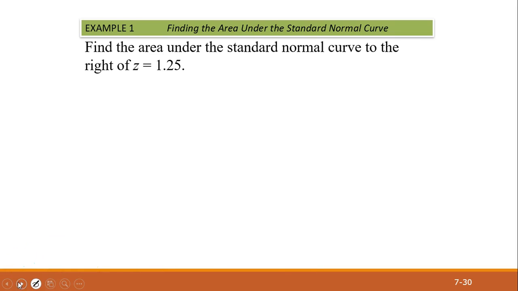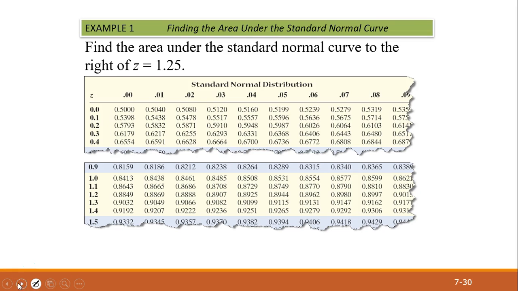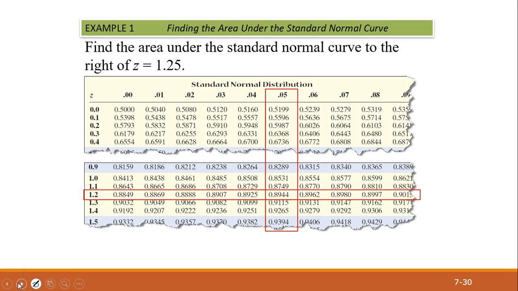Now, in this one it says, find the area under the standard normal curve to the right of z equals 1.25. So again, let's locate our z-score here, 1.2, and then go out 0.05 over here to find where they meet, and that is right here at